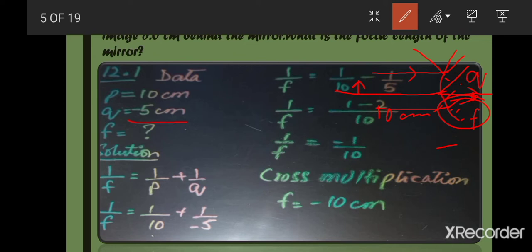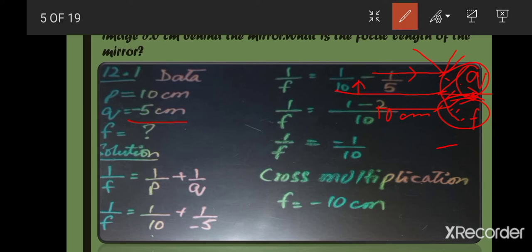You have to take... F is required, so we have to take Q as negative in the data because it is present behind the mirror. And in case of mirrors, you know that we can see the reflection in the mirror,